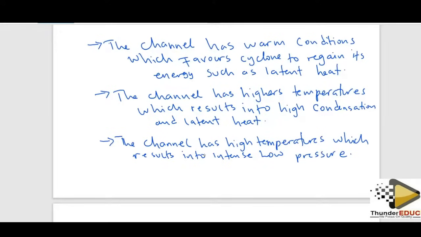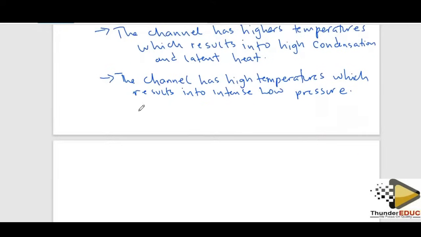Okay, so those are some of the responses why the Mozambique channel will enable the cyclone to regain its energy. I could as well give another option, and we say